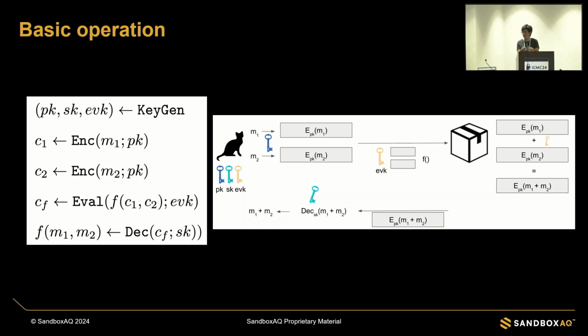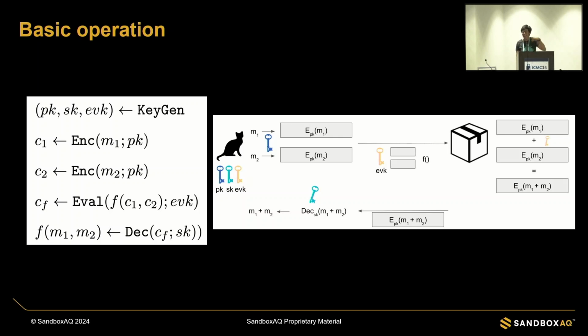So that we can get, as a result, the encryption of the evaluation of the underlying information, and we can decrypt. In a very simplified use case of a delegated computation, we have here my cat, that is the user that wants to send some messages for some computation to be performed in the cloud, that in this case is represented as the carton paper box. And in this case, the user will use the public key of the encryption scheme to encrypt the messages,